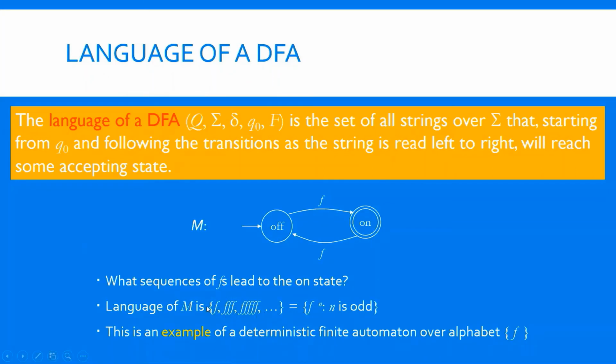Is this example clear? F, FFF, FFFFF, FFFFFFF, or F to the power n. Here F to the power n means concatenation occurs. Suppose 0 to the power 2 means 0, 0. A to the power 5 means AAAAA, a string of length 5. So F to the power n means n number of F's, right?